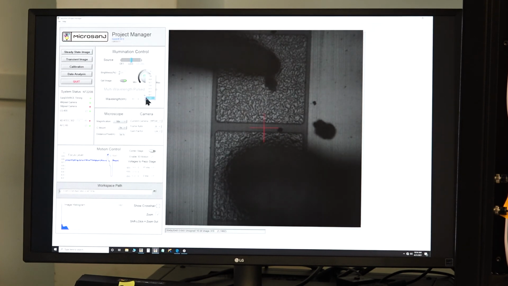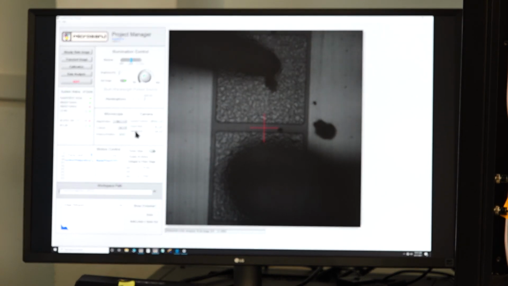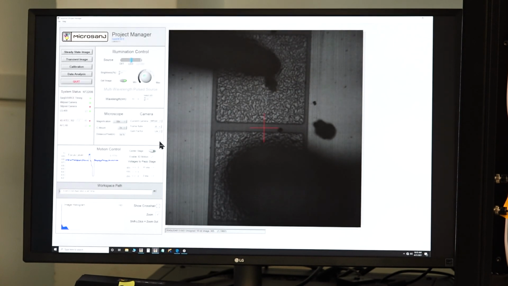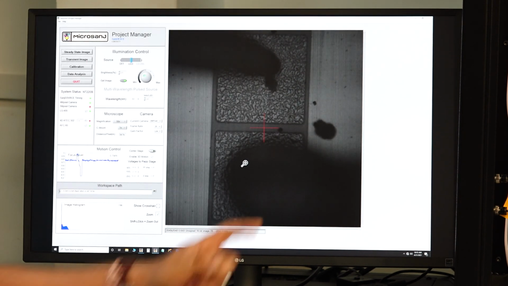Another thing, when I am using this UV objective, the frame rate has to be kept at 20 frames per second. Otherwise, when I am using the visible wavelengths, for example 405, 530, 625 nanometers, 35 frames per second would be sufficient to capture a good image. The gain factor is a digital gain provided by this image processing software, which can be set to off, low or high. For these UV measurements, I am using the gain factor low, but for visible measurements, we need not have any gain factor because the signals are comparatively brighter when you are using other objectives.